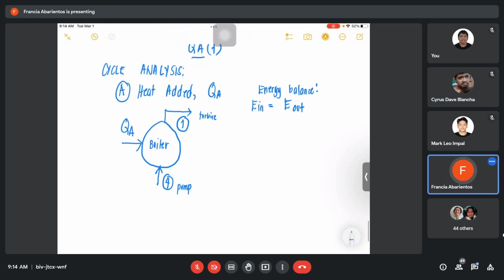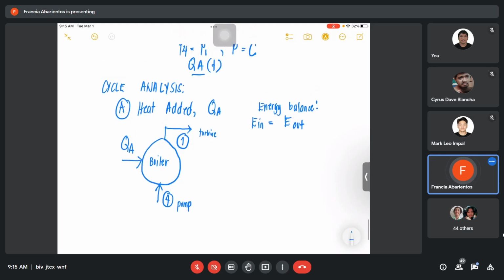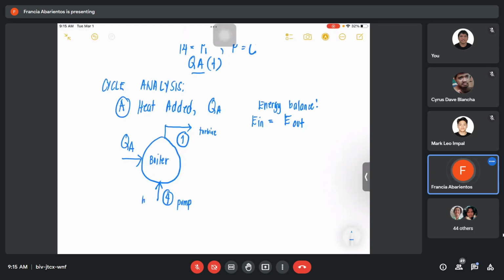Using the notation, since heat addition, ang involved po dito is the enthalpy. We have the H4 and the H1 at point 1. So, what is the entering energy? Yung mga arrow ko, class, ano yung nakikita nyo dyan? So, entering, we have the heat addition plus the